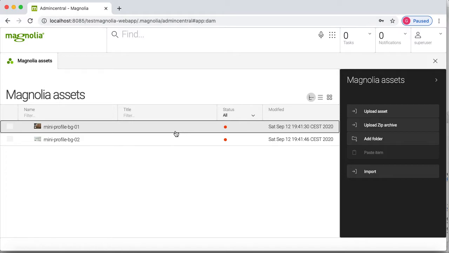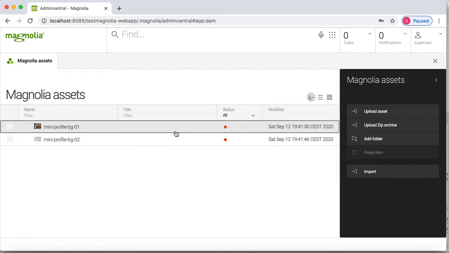There is one more thing: we can segregate this image section by using folders. By using the third option, add folder, you can create a folder and put all the images in it, if you want any kind of segregation.